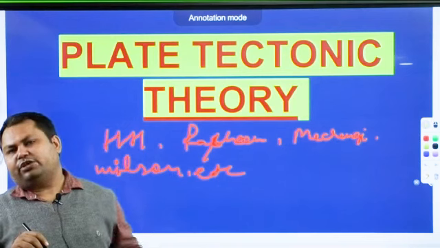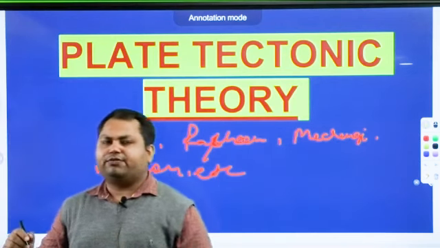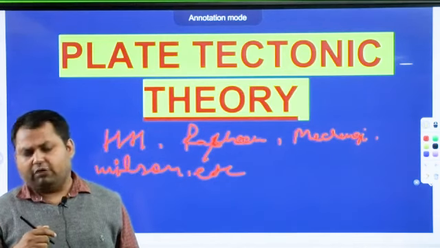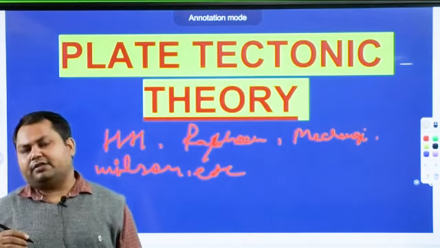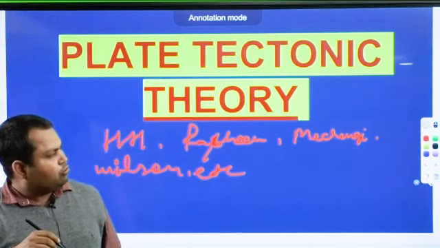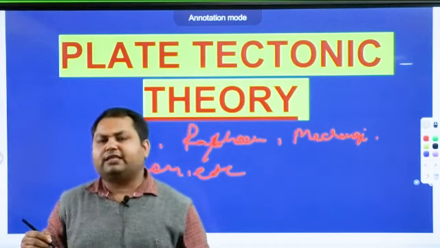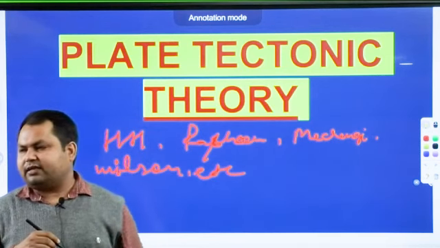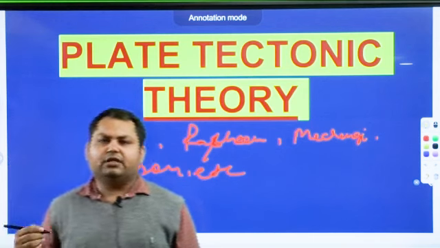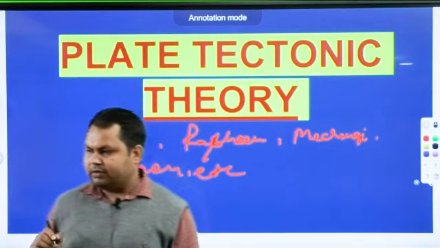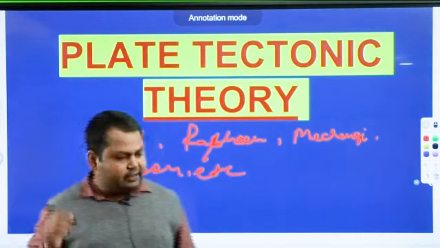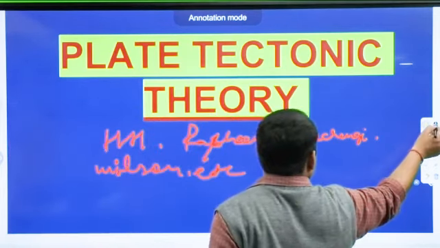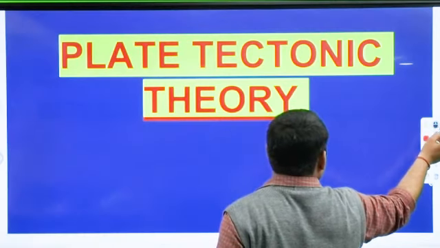The objective of this theory is also to elaborate the occurrence of various kinds of phenomena like earthquakes, volcanic eruptions, tsunamis and landslides, etc. So the motive of this theory is related to the geological and geographical phenomena as well as structures created on the surface of the earth, either on the continent or on the ocean bottom. Right, so we can easily say this is a very important theory and we must know properly about this particular one.